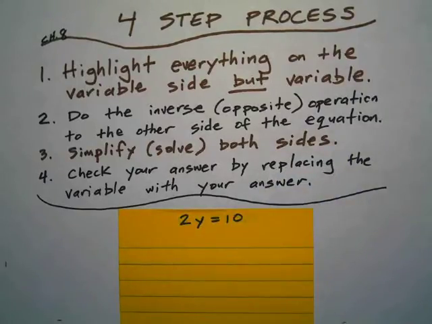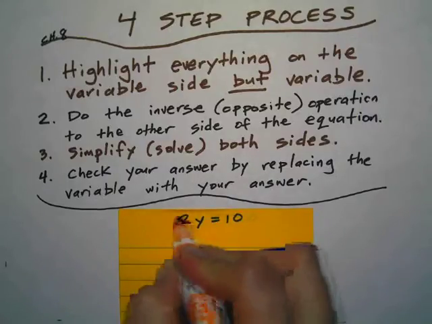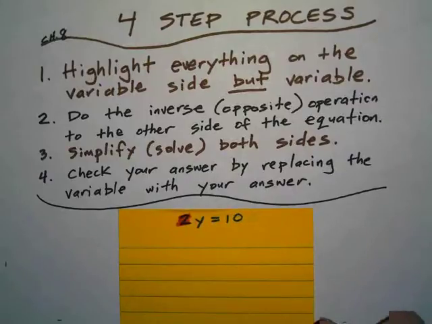You will also be seeing some multiplication equations this week. We learned in class that whenever a number is placed next to a letter, it refers to multiplication. So 2y equals 10 means that 2 times some number equals 10. We learned today to highlight everything but the variable, so we're going to highlight that 2. A little trickier here, we have to remember that that means multiplication. So we go to